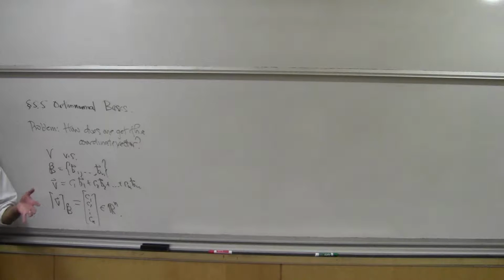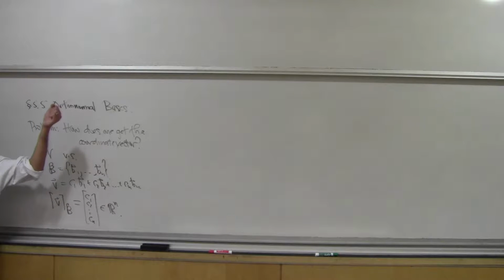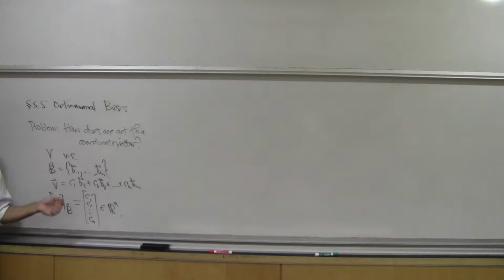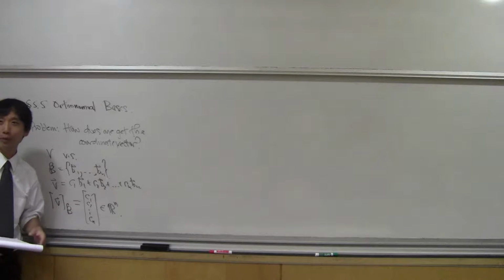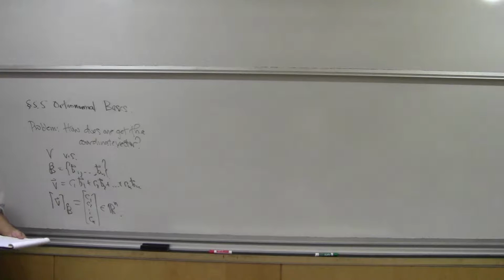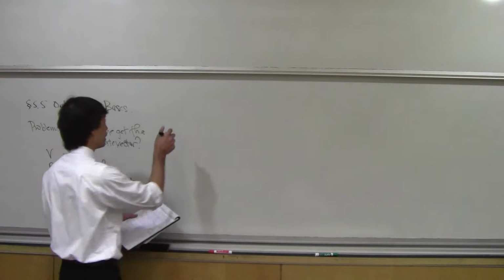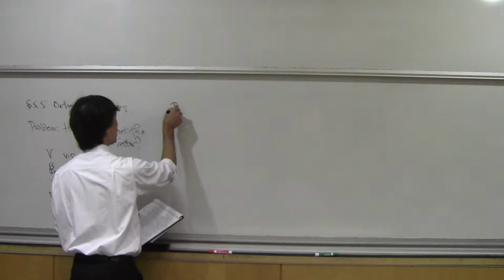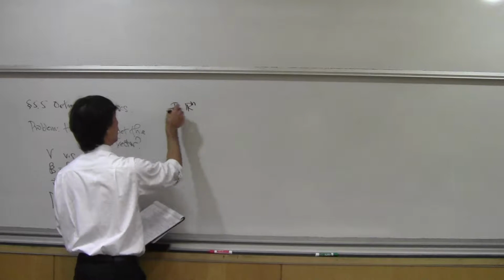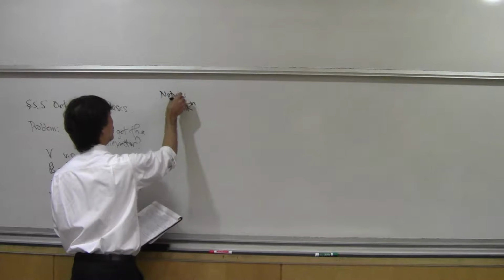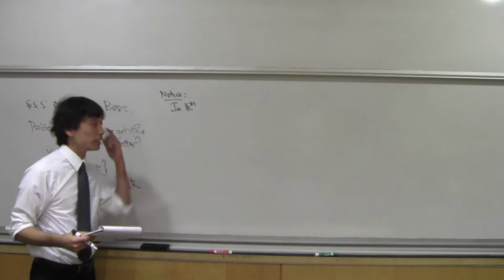If I give you a bunch of polynomials and I say these polynomials are a basis, and I give you another polynomial and I say give me the coordinate vector of that, well, you have to do a fair amount of work to find the coordinate vector. It's not so straightforward. Some of you have pointed this out. Like, how do you get the coordinate vector? Well, in Rn, it's actually easy to